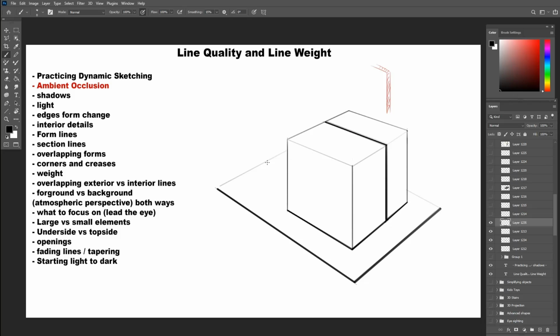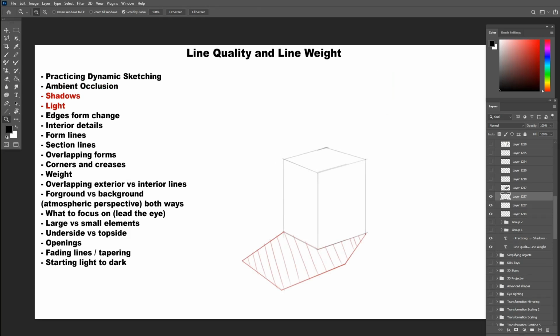Now you may ask why the carpet doesn't have a thick line all around. I mean, it's sitting on the ground from all sides, right? Well, that's because of another factor that we will discuss later, which is the atmospheric perspective. As things go back in perspective, the lighter the lines will be, and as they get closer to us, the thicker the lines will be. So keep that in mind for later.